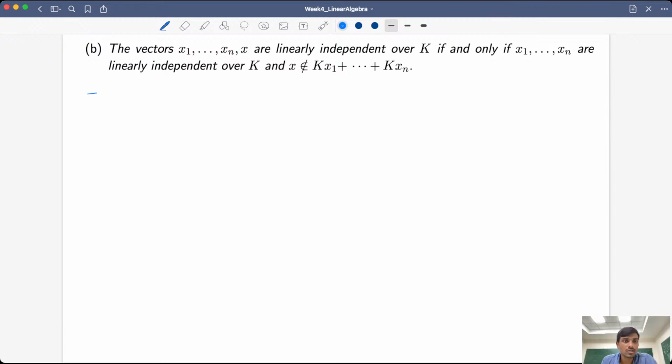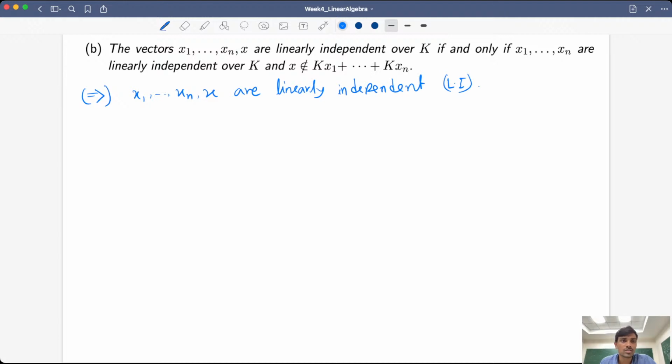So here the same thing, forward first: if we assume that x1, x2, ..., xn, x are linearly independent, I'll shortly use LI as the notation. Okay, if this is linearly independent, then